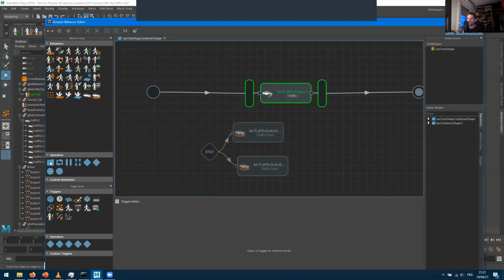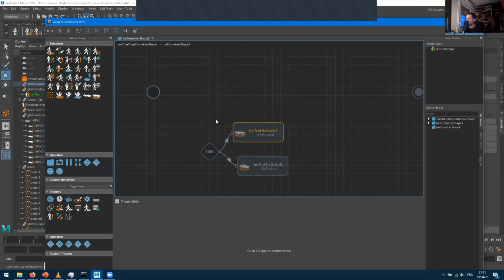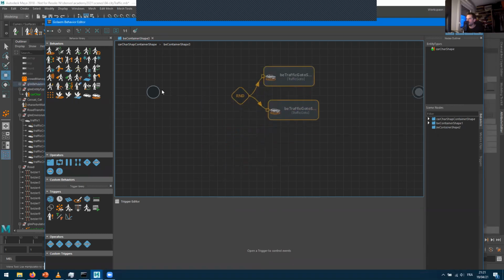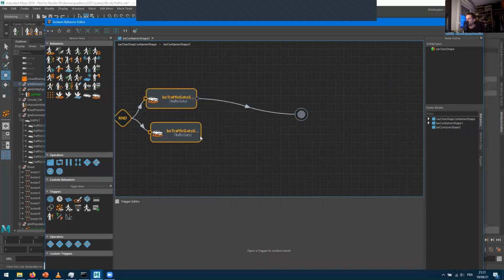So the way to put it into the container is either you create a container from the operator, or you've got a shortcut: you select your connection here, press Ctrl-G, and that creates a group around the setup you just did. And of course, it's not connected to the default position, so you just connect it with the middle click here,